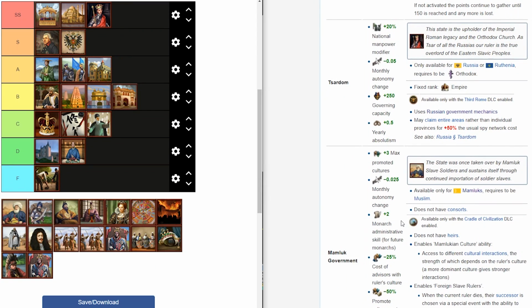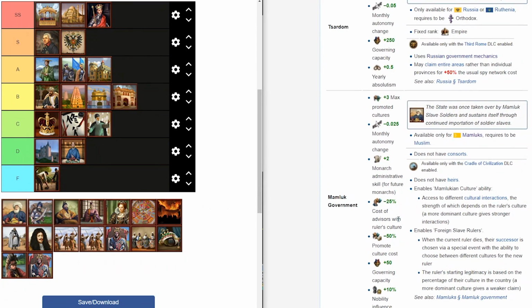Yes, the next is Mamluk government type. This is only for Mamluks, and if you form out of Mamluks, you will lose it. So forming Arabia will make you lose this government type, and becoming another religion that isn't Muslim will also make you lose this government type, same as the Ottoman government type. This one gives you a bunch of different bonuses, even +2 monarch administrative skill, and also has a choose your